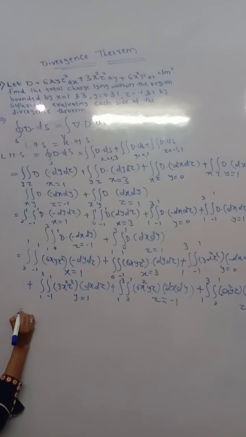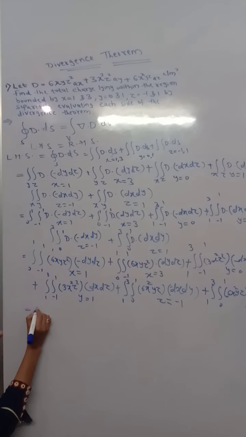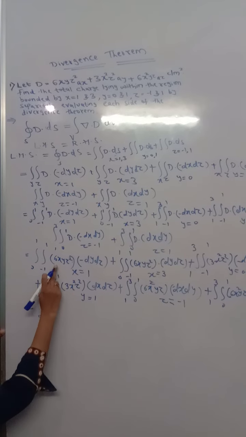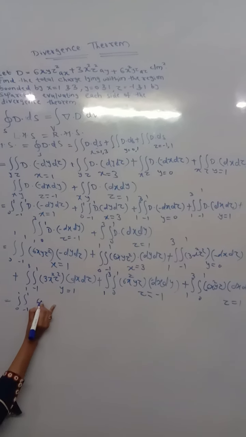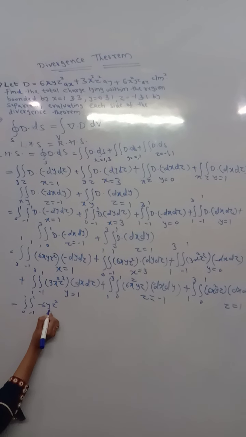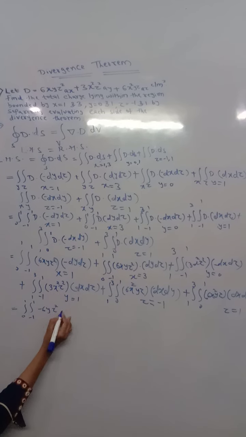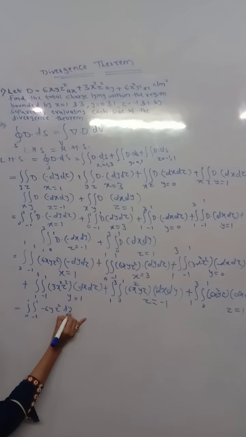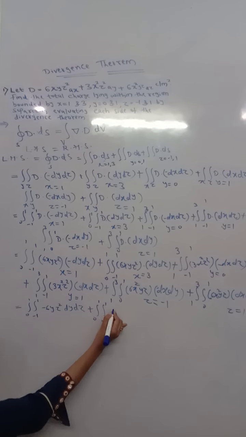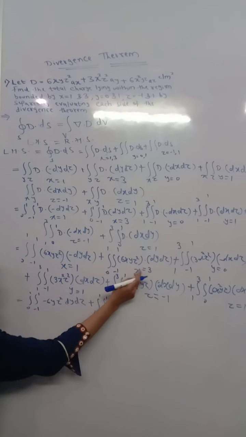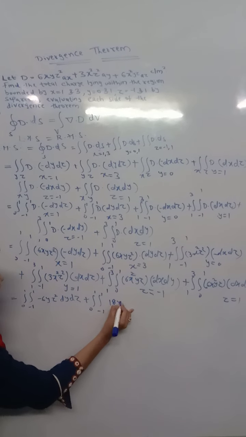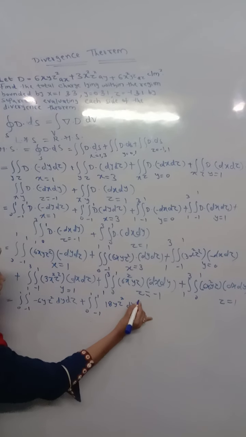So here what will happen, if you go for here, I am increasing the step, but in a better way you will understand. If I am substituting the 1, here will be my 6yz square, that too minus 6x value will be 1, yz square dy dz. Okay, double integral 0 minus 1, 1 1. Here will be, if you are substituting the value of x in place of 3, 18yz square dy dz.